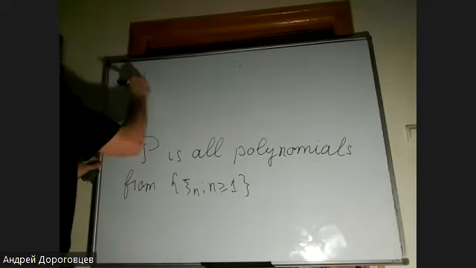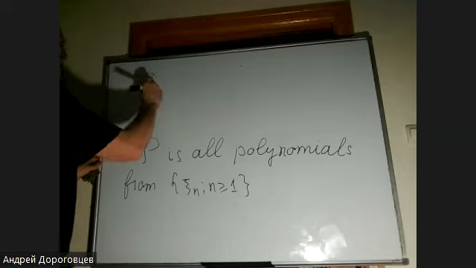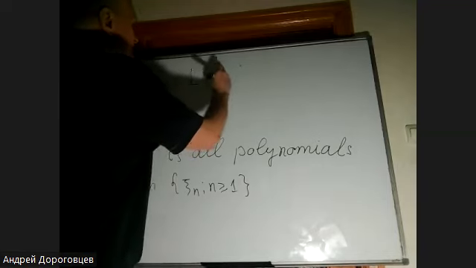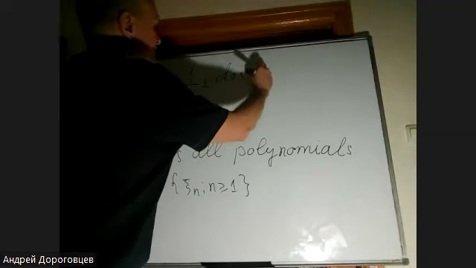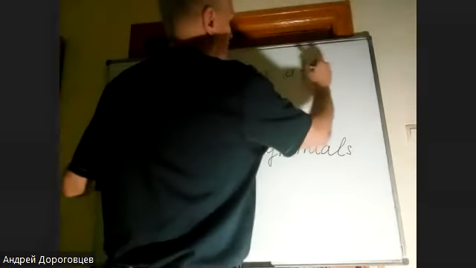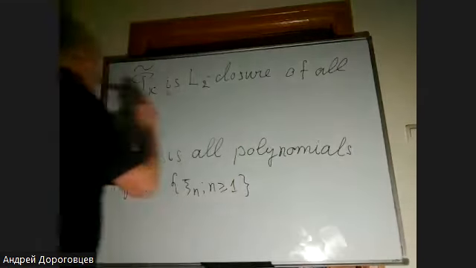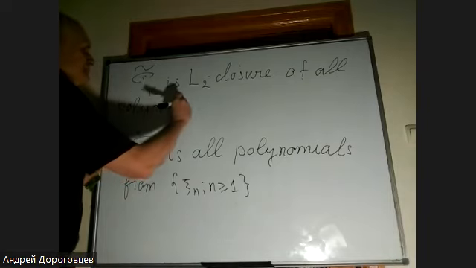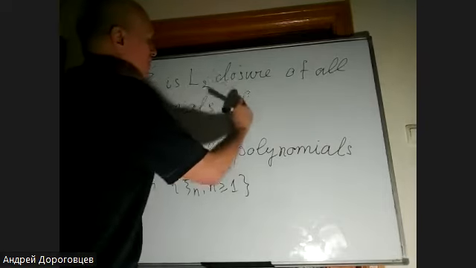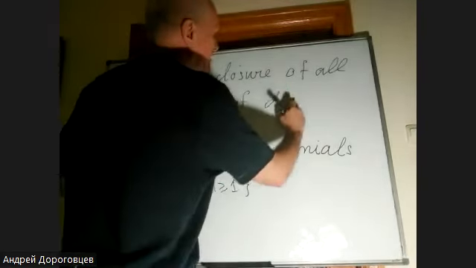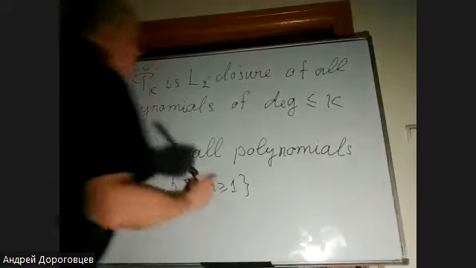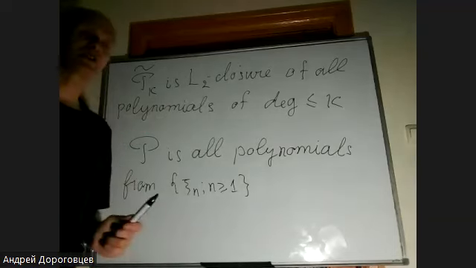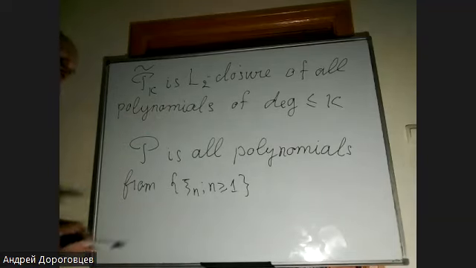Let E_k with eta be the L2 closure of all polynomials of degree not greater than k. Why do we need this procedure now? Because we have an infinite sequence, and